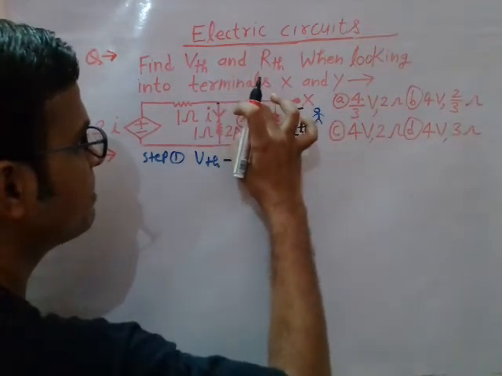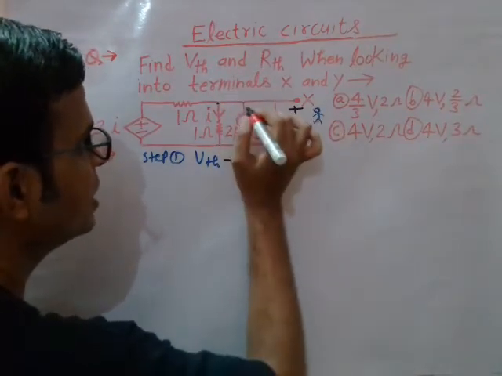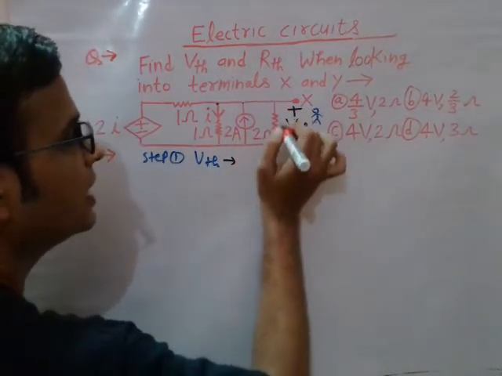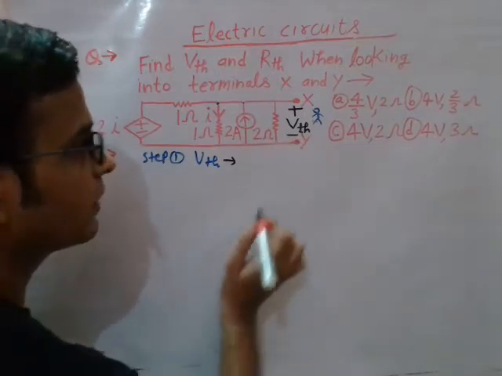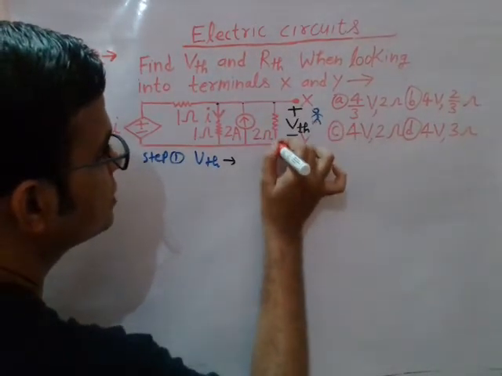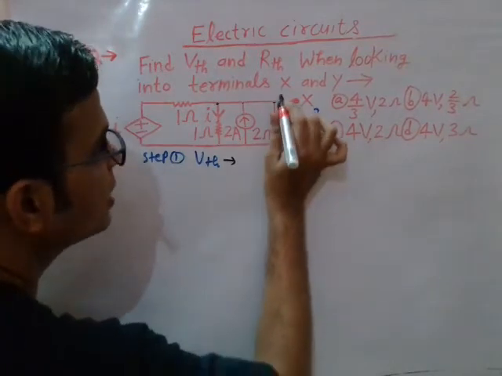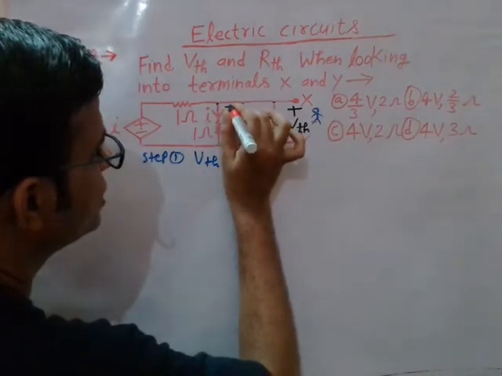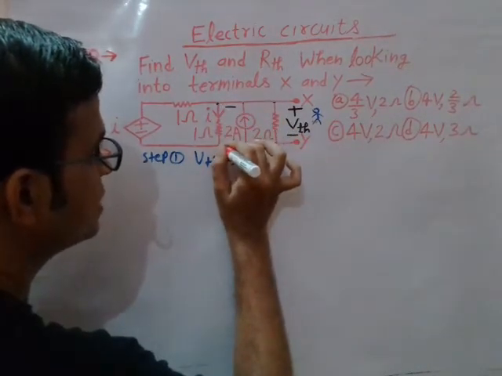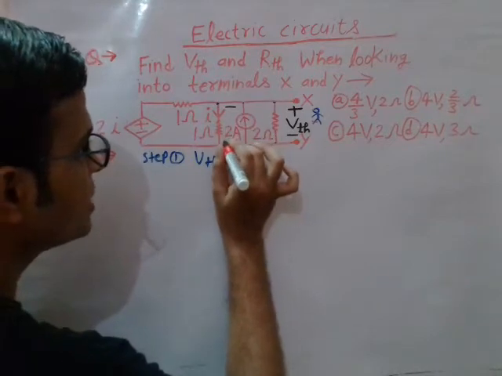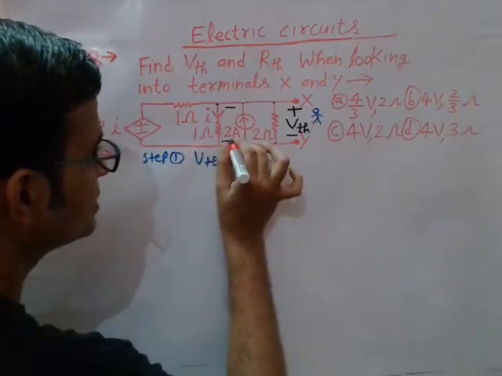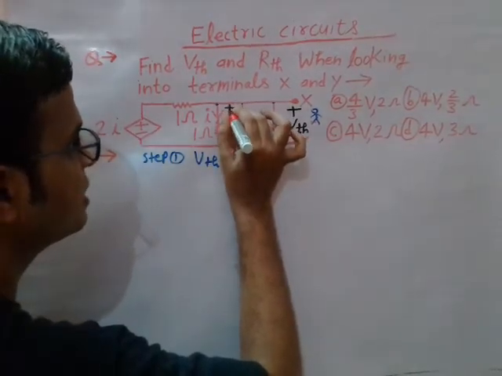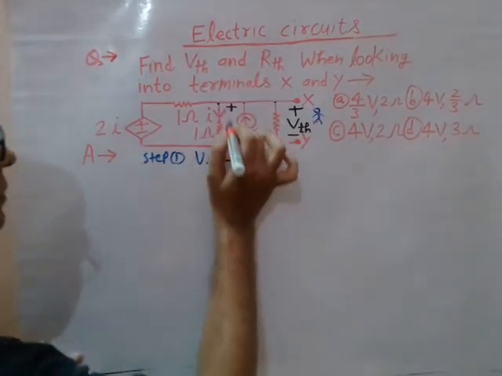So this is in parallel with this, in parallel with this, which means the voltage of all these three branches is equal to I volt, right? So the voltage drop across this parallel branch is I. Now if I ask you what the polarity is, you would say that in the direction of current flow there is a voltage drop, right? So for the voltage drop you have to show a negative sign here, and this upper sign will be plus, because this is our basic convention that in the direction of current flow there is a voltage drop.